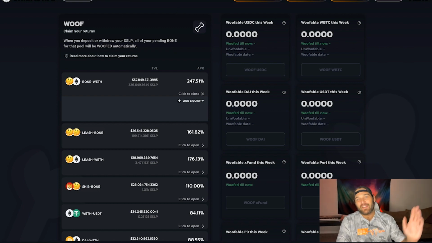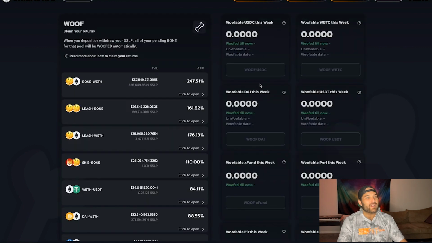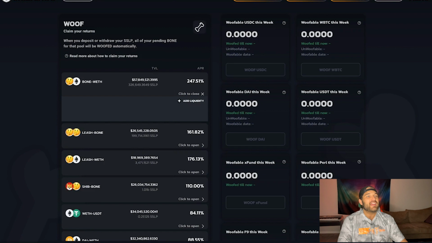So let's jump right into it. As you guys can see, we've been trying to load this Woof section for a minute, and it doesn't want to load for me, and this is constant. I can constantly try to log in here and get nothing out of it. It just sits there for a while, so we're going to let that sit for a second, and in the meantime,